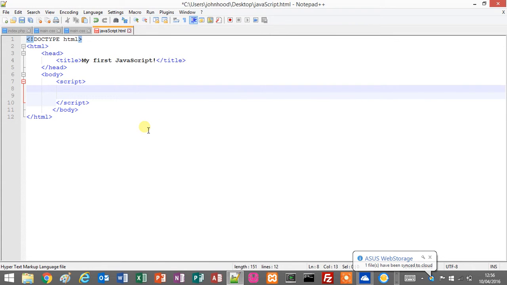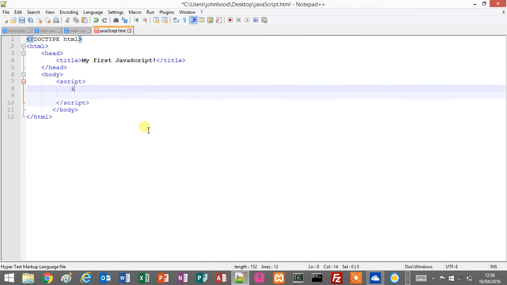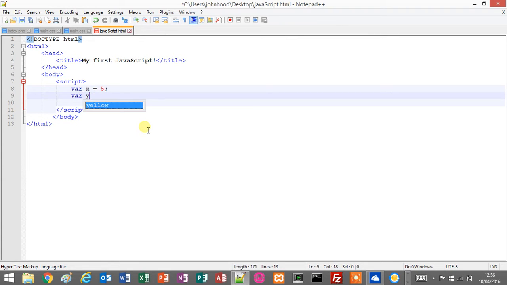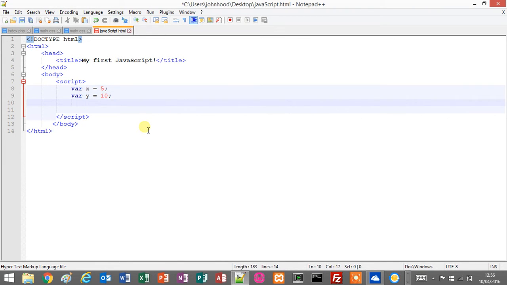So the first loop in JavaScript is, I suppose, an if loop. We can use an if loop to test many different things. For example, we could ask it to test if two variables are equal to one another. So if variable x equals 5 and variable y equals 10, we could say that if x equals y,